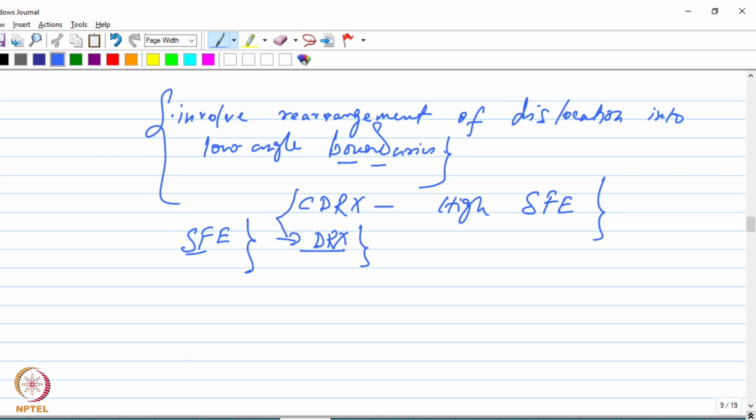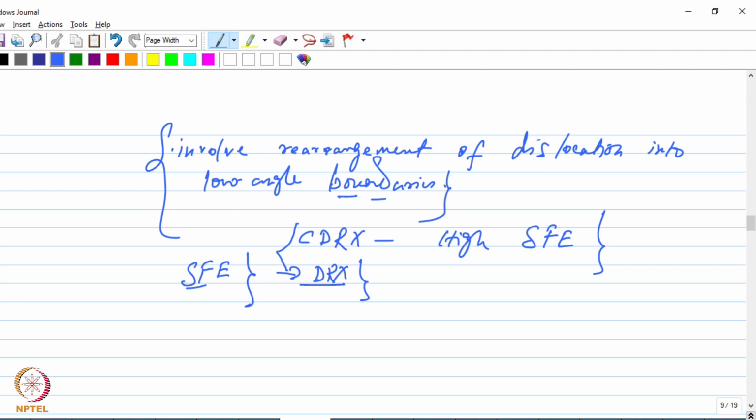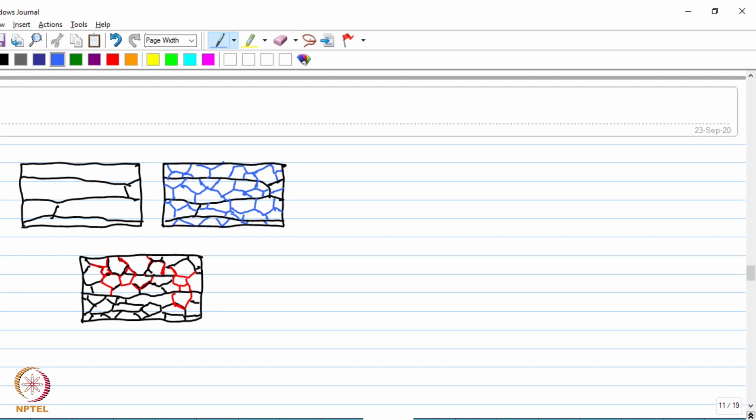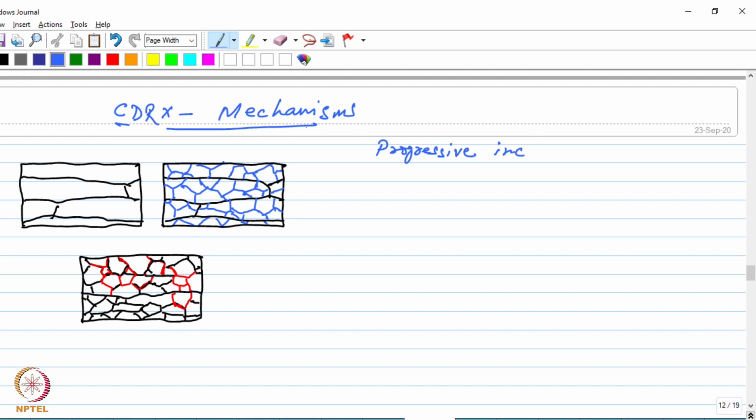And one of them, as I said, is through the progressive or gradual increase in the misorientation. As I was talking about,